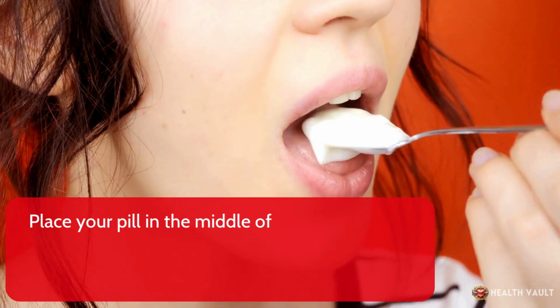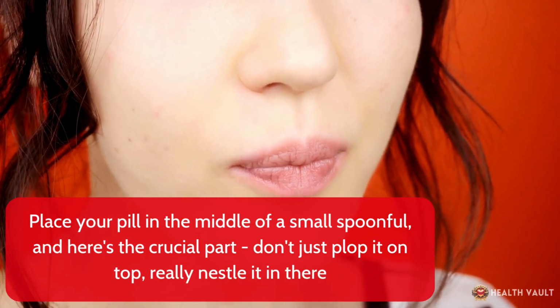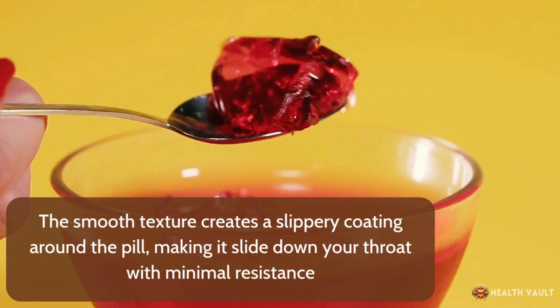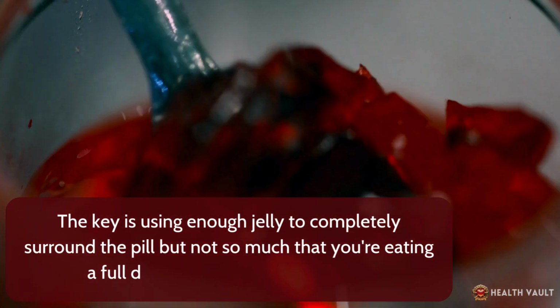Place your pill in the middle of a small spoonful, and here's the crucial part. Don't just plop it on top, really nestle it in there. The smooth texture creates a slippery coating around the pill, making it slide down your throat with minimal resistance. The key is using enough jelly to completely surround the pill, but not so much that you're eating a full